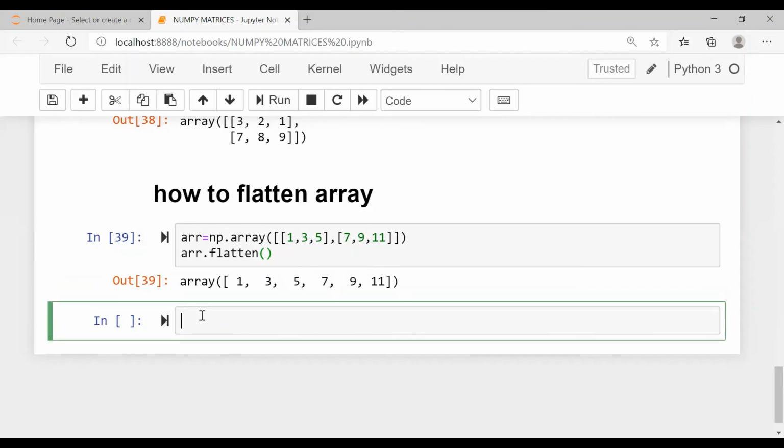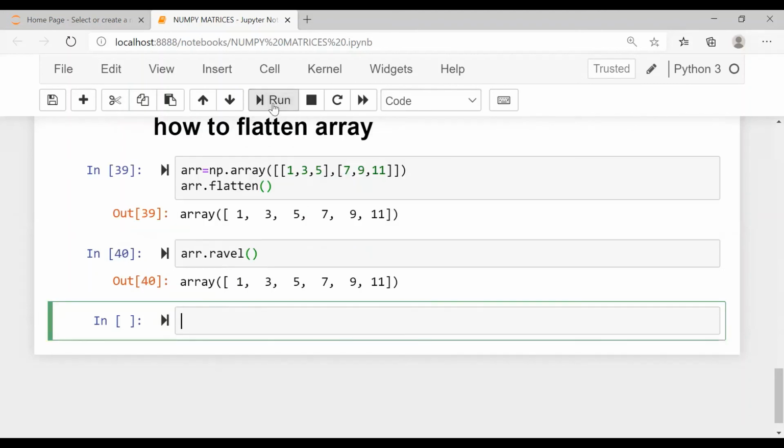Now we have a method called ravel. So the output is the same, right? So what is the difference between flatten and ravel? So when you flatten an